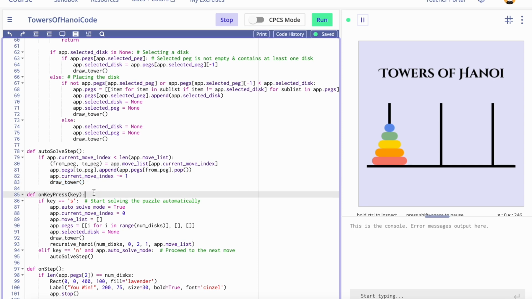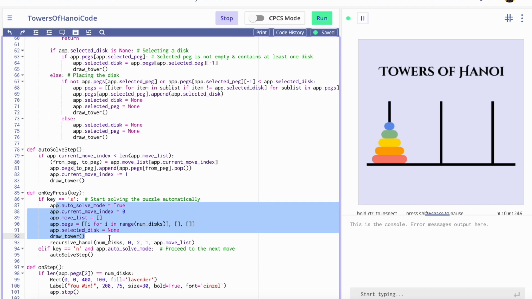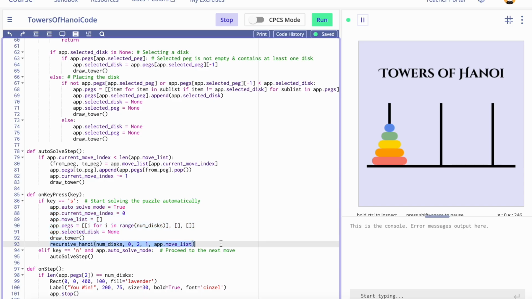The onKeyPress function handles the autosolve feature. If we press the S key initially, we initialize the solve mode, as well as reset all of the variables for the puzzle. We also call the recursive Hanoi function to load the moves to solve the puzzle into the app.moveList. By pressing the N key, we can call the autosolve function so that we can step through it every time